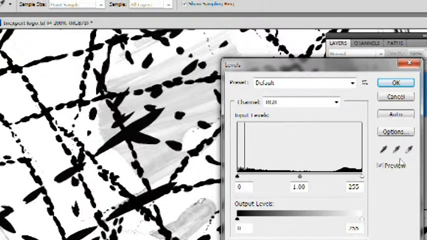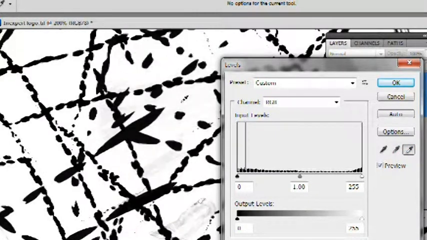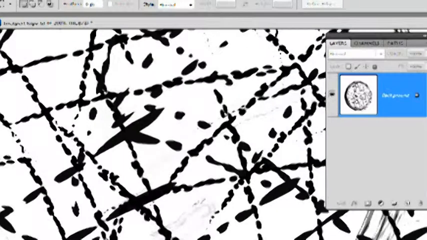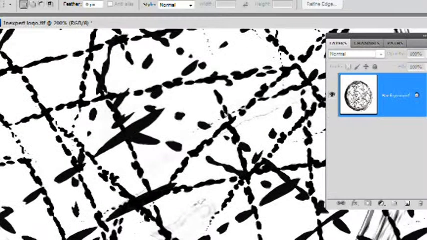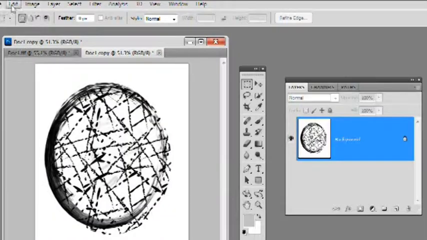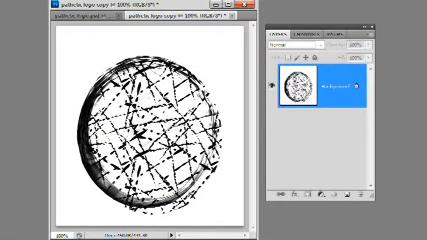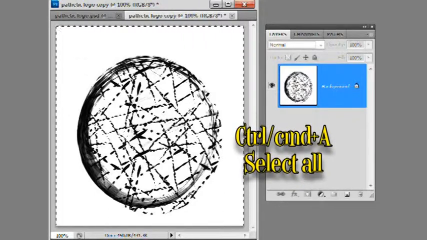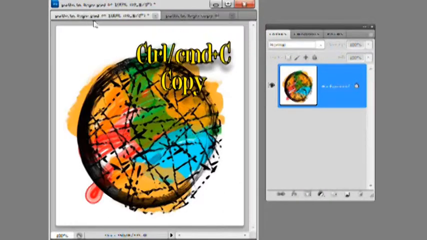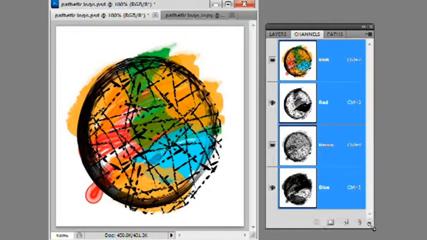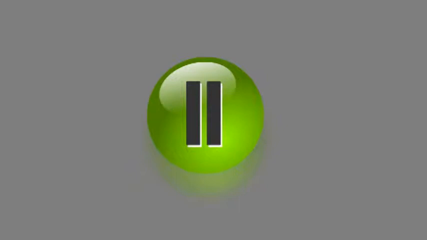In the Levels box, click the white point eyedropper tool, move it over into the document, and then click on the gray areas, and those colors will be remapped to the highest point, or white. Click Image, Mode, Grayscale. Click Discard. You actually do want a grayscale image because grayscale is the mode of an alpha channel. Press Ctrl Command A to select all, Ctrl Command C to copy. Switch back to the original document by clicking on its title, then on the Layers, Channels, Paths panel, click the Channels tab, and then let's pause for a second, and I'll explain some of what masking is,